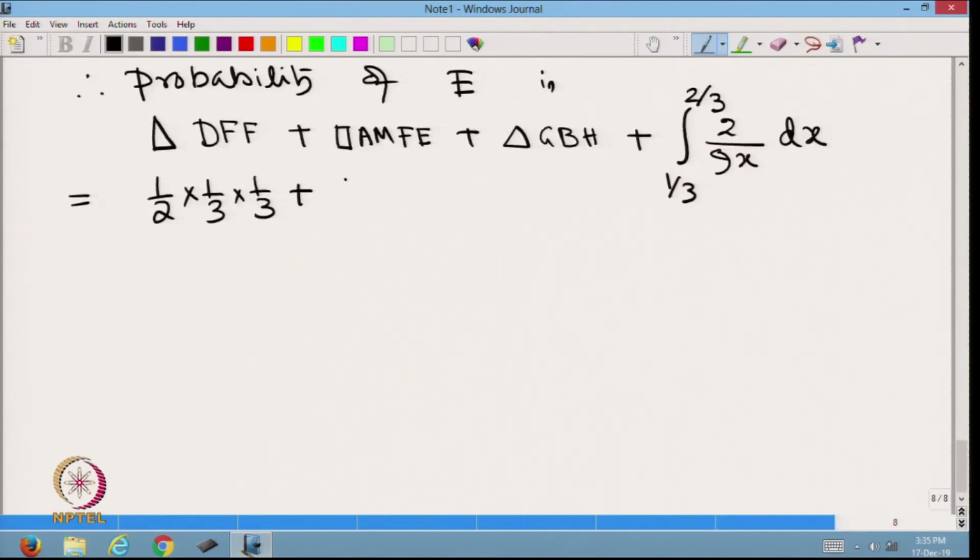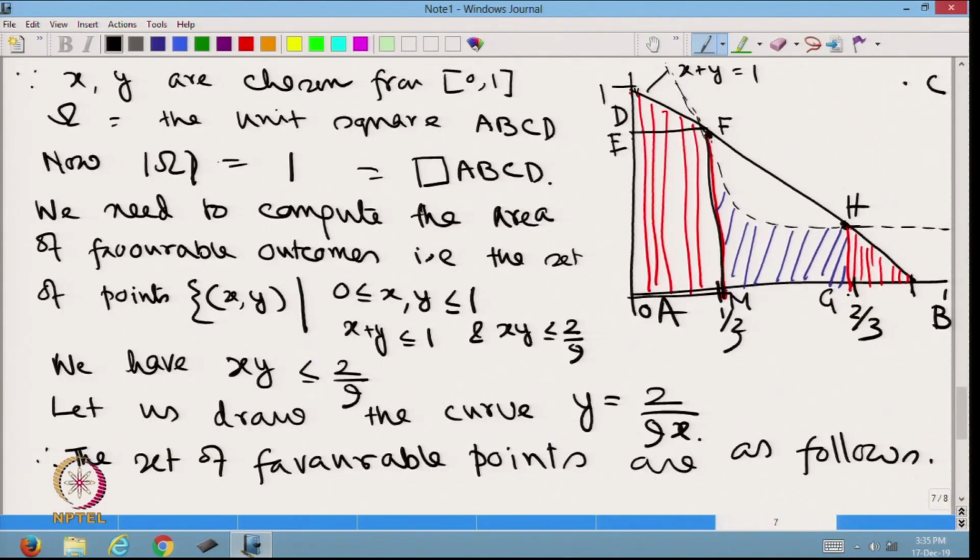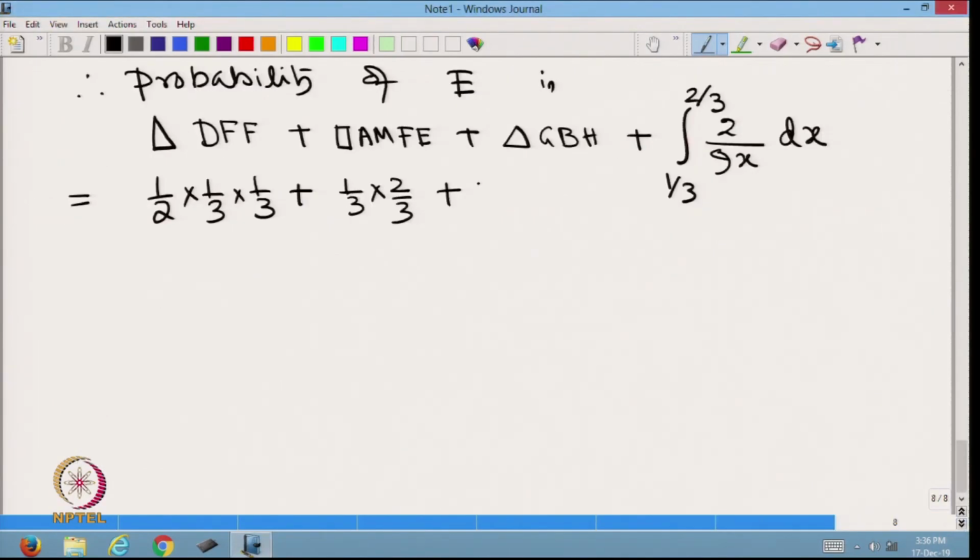Therefore, it is going to be 1 by 3 into 2 by 3 plus this triangle, going from 2 by 3 to 1, this is 1 by 3 and at 2 by 3 the height is also 1 by 3. Therefore, its area is also going to be half into 1 by 3 into 1 by 3 plus 2 by 9 integration of 1 by 3 to 2 by 3 of 1 by x dx